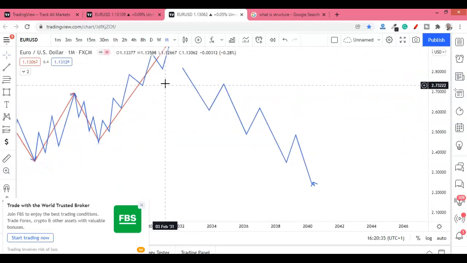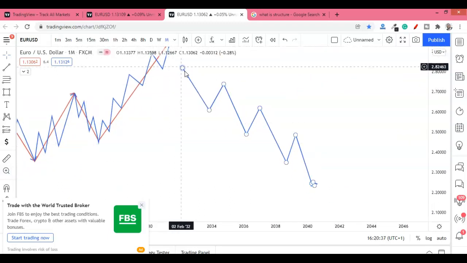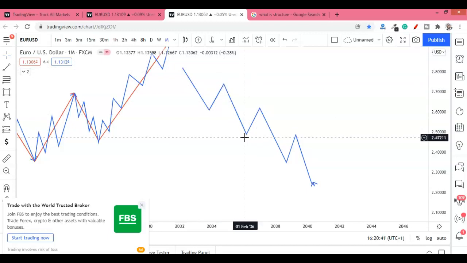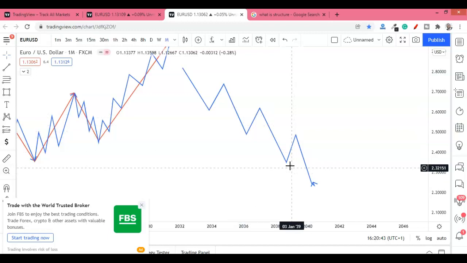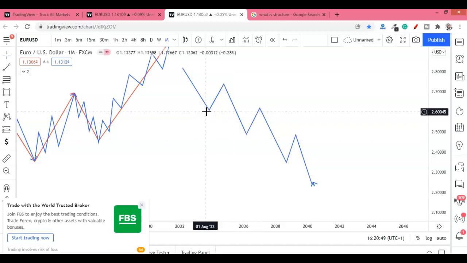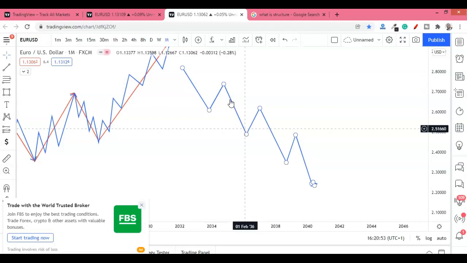Bearish market structure is where the market makes a series of what? Lower low, lower high, lower low, lower high, a lower low, a lower high. What is considered a lower low is when the market breaks the previous lower low with an impulse move. This move from here to here is an impulse move, and the retracement up is called the correction.